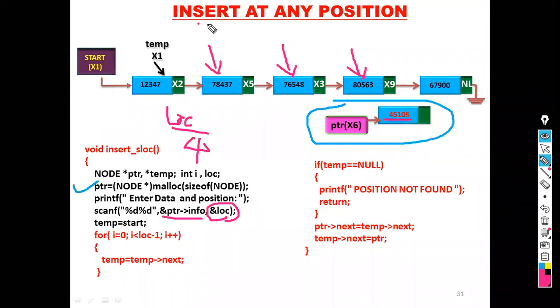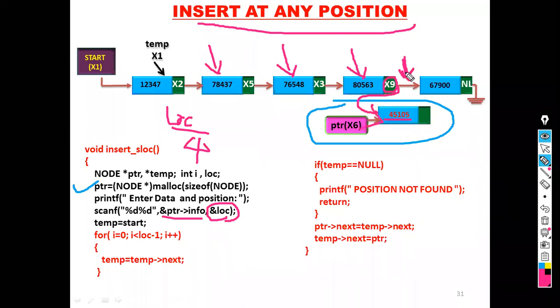Okay, what is my algorithm? Insert at any position. You have to insert the node at this fourth position. If I have to insert the node at the fourth position, I have to store the previous node. Which one is the previous node? Because after this previous node, you have to do this linking part.